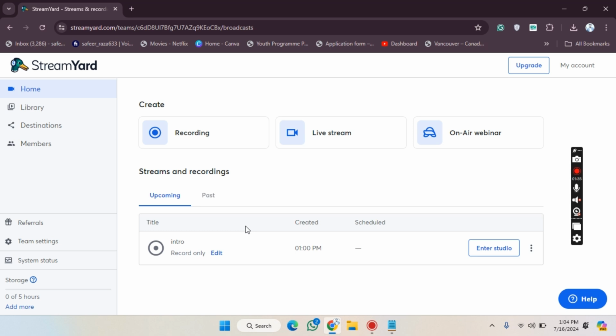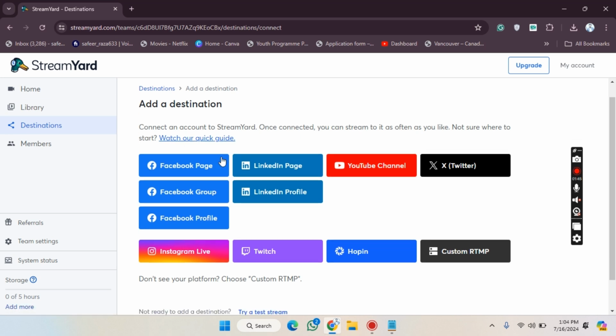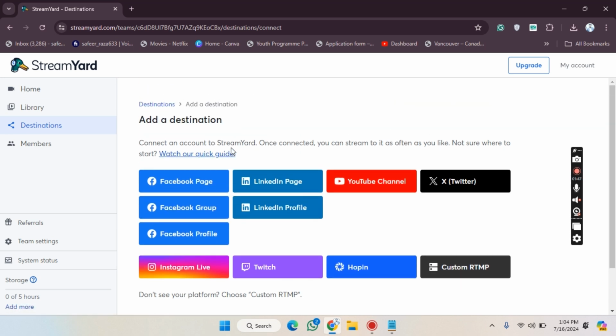So first of all, we simply need to go to the website of StreamYard, and then we have to create our account, or log in. And after that, as you can see, it has an option for the destination. So we have to click on destinations, and after clicking on this, as you can see, they have provided